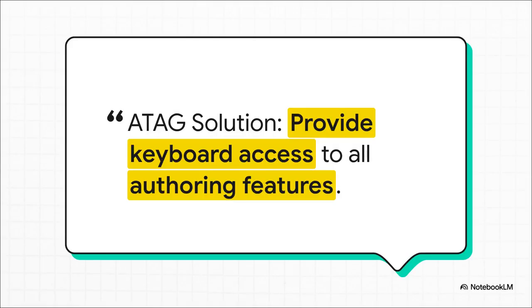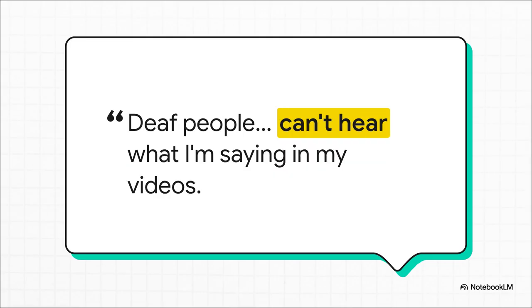Boom, right there, ATAG Guideline A3.1. It says that all features have to be usable with a keyboard. That one rule changes everything. It means developers have to offer another way, besides drag and drop, to get the job done. Suddenly, Martin can just use his keyboard to add that section to his site. He's completely unblocked. Now let's look at a Part B problem.